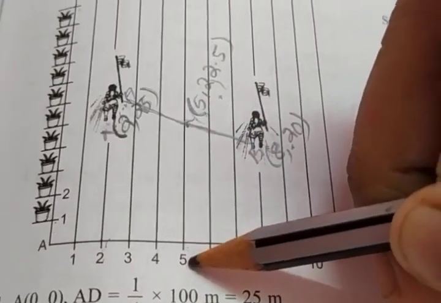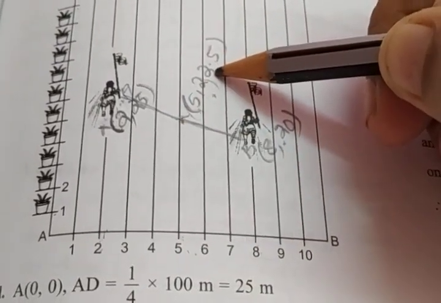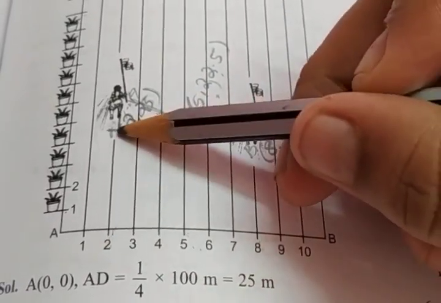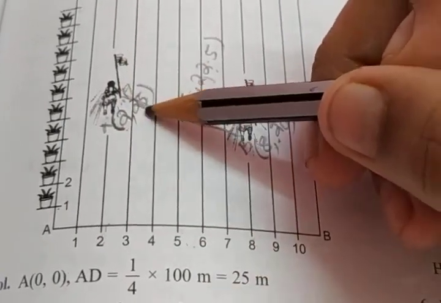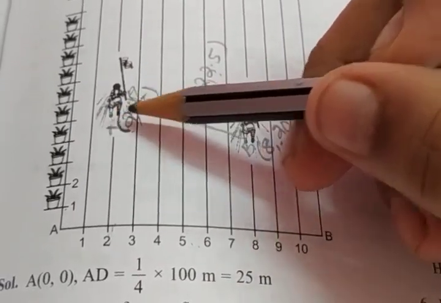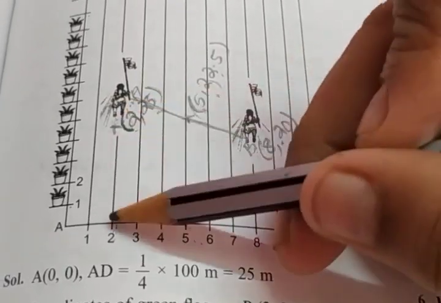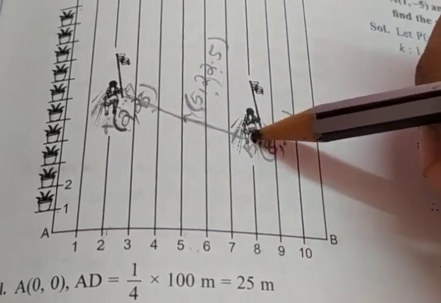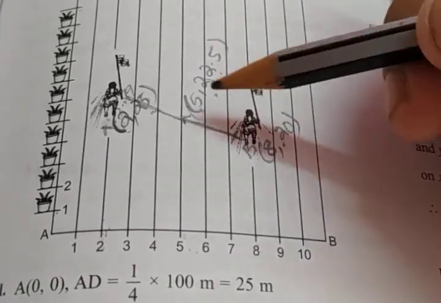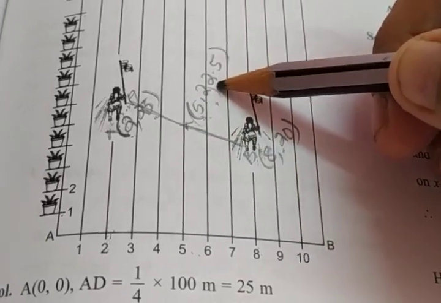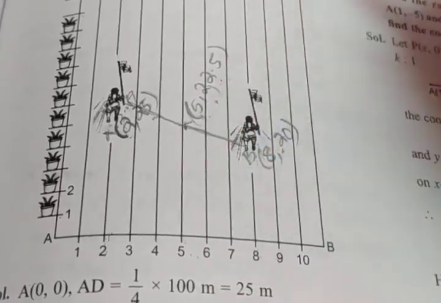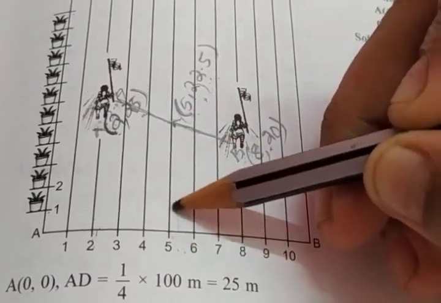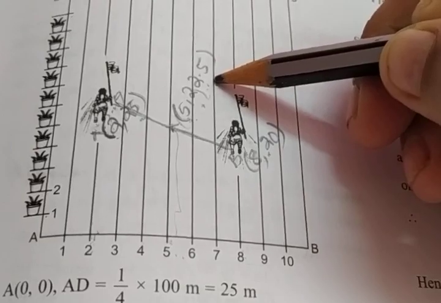On the fifth line at a distance of 22.5. How did we get 25? It was said in the question that on the second line, it is 1/4 of the total length of AD. That is how we got 25. And if I want to say the point, I can say that it is on the second line at a distance of 25 meters. And this point is on the 8th line at a distance of 20 meters. In the same way, as I got the point as 5, 22.5, I can say that Rashmi has to post the flag on the fifth line at a distance of 22.5 meters.